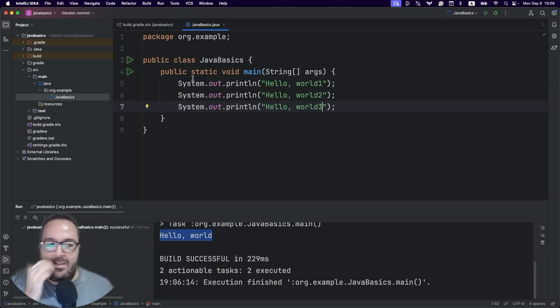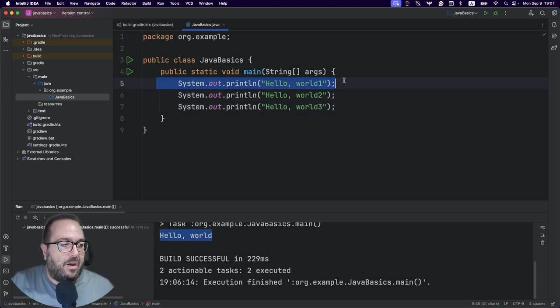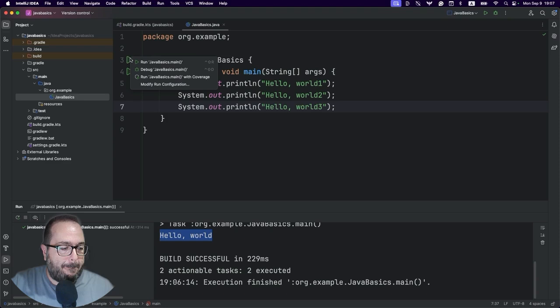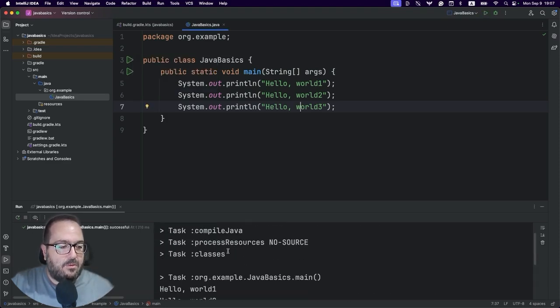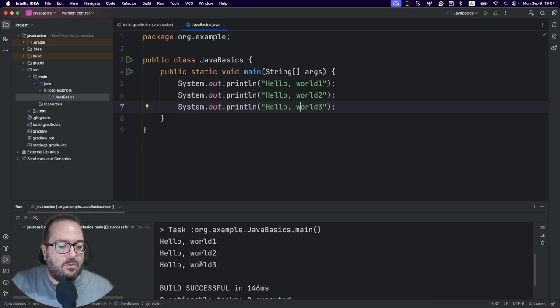The program is being executed vertically. So it means that it's going to execute first line 5, then line 6, and then line 7. Let's run the program to see that in action. You will see in our console it says hello world 1, hello world 2, hello world 3.